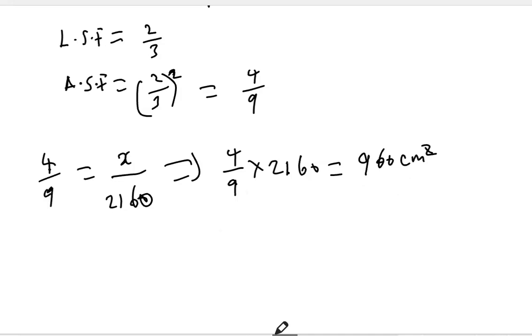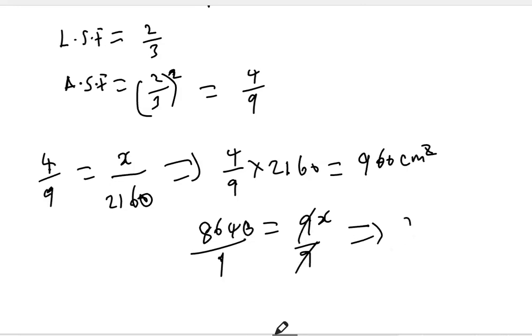Or if you cross multiply, 4 times 2160 gives 8640, and this will be equal to 9 times x, that is 9x. You divide both sides by 9, and 9 and 9 cancel out, so that x is the same, 960